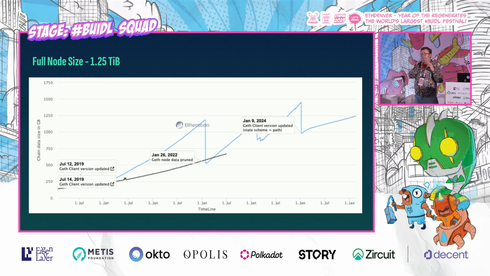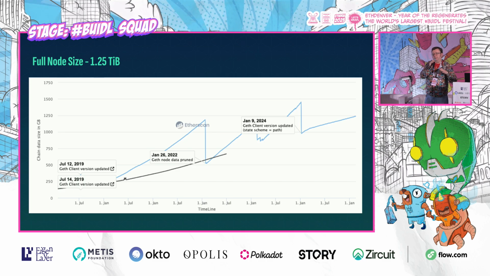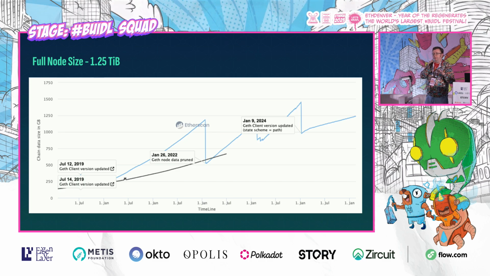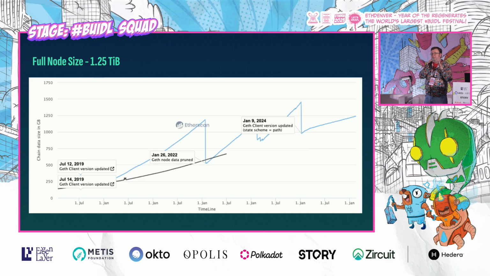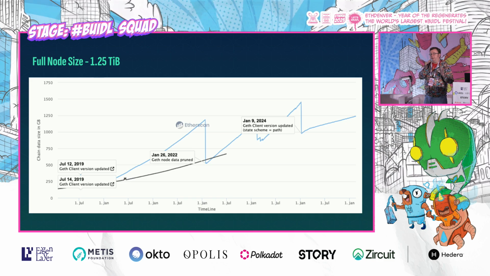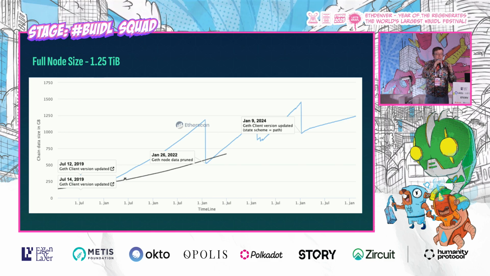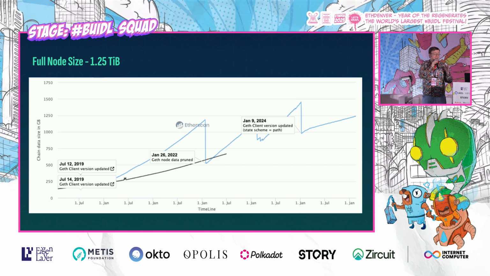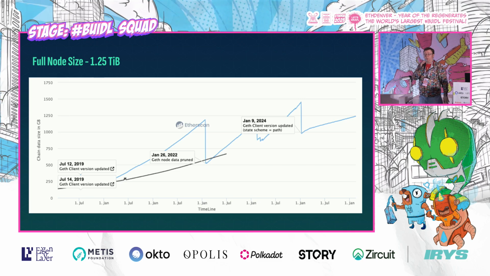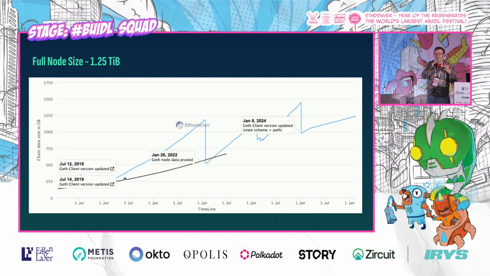Now this is a probably more realistic chart. This chart is showing what a full Ethereum node is tracking. You'll notice that the black line on the bottom is Parity. Parity stopped working at the time of the merge. It's a fairly flat growth. And the blue line is Geth. Geth had some pruning issues with some of the data that it was keeping that it didn't need. But eventually last year it figured it out, and now it's a nice slow growth line up and to the right. And right now it's about 1.2 terabytes of data. Still a lot of data, 1,000 gigabytes, and that's not necessarily a good thing.